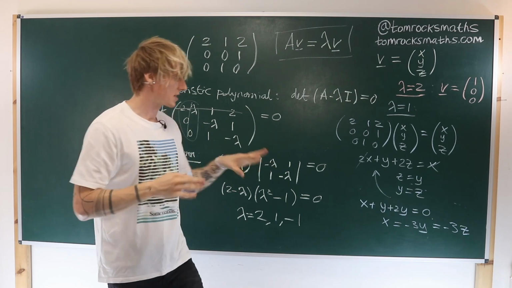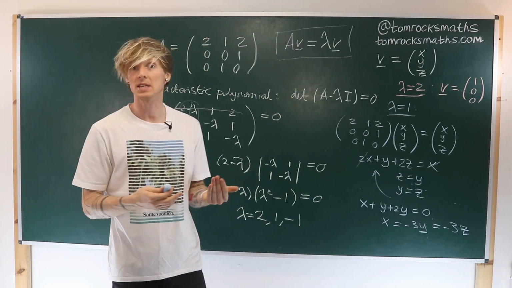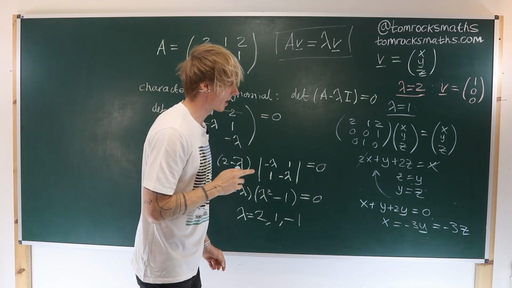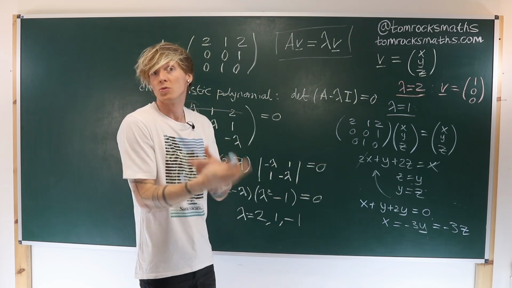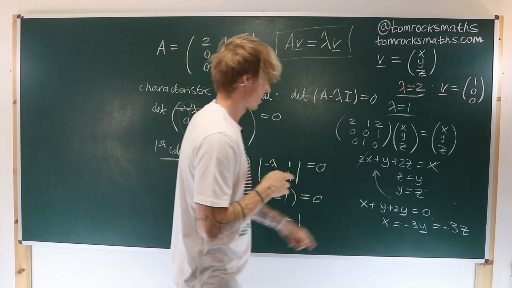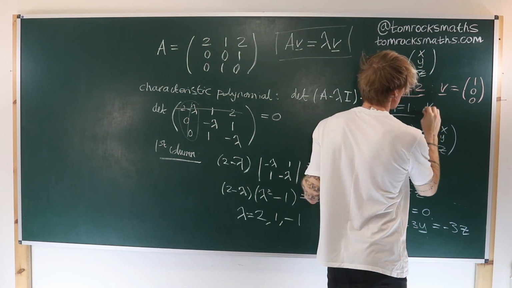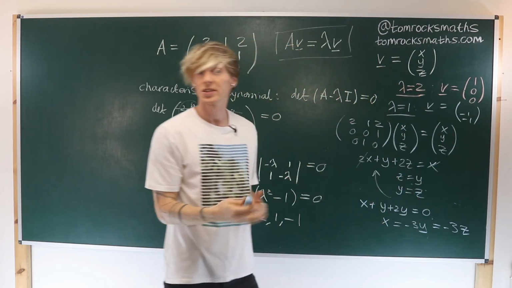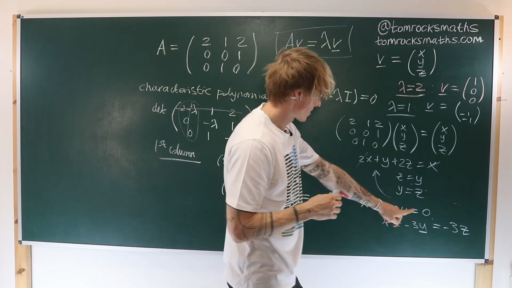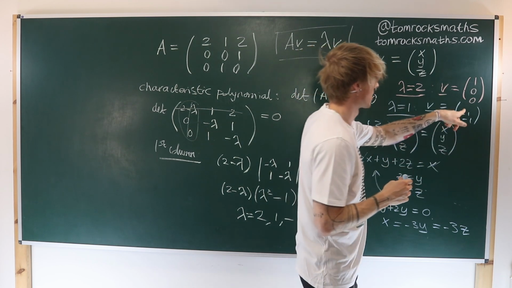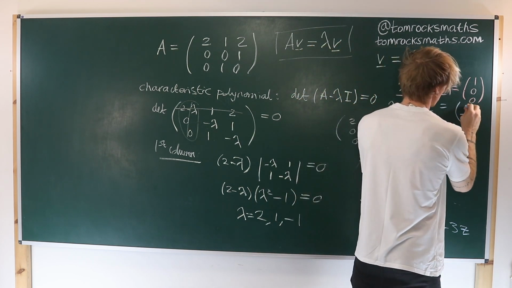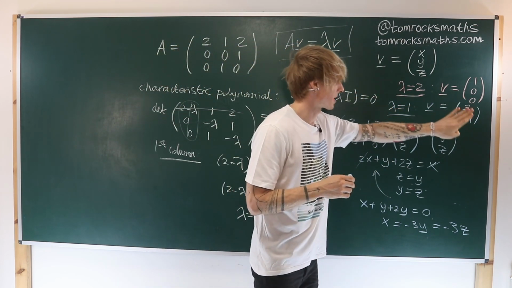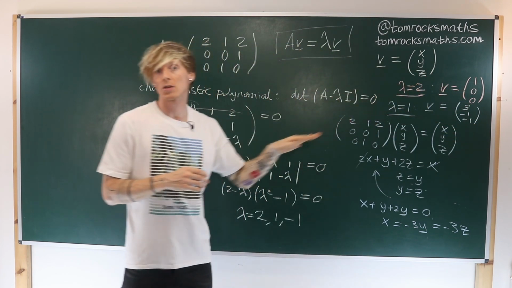As before, we are free to choose the value of each of these variables, provided this equation remains satisfied. So I think here, picking y and z to both be minus 1 is going to be helpful. So for v, if I pick y to be minus 1 and z to be minus 1, then they are certainly equal. And I've now got that x is equal to minus 3 times y. So minus 3 times minus 1 gives me 3. So the eigenvector here is going to be 3, minus 1, minus 1,